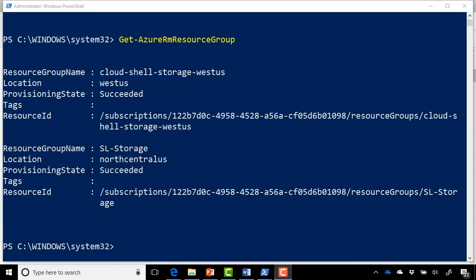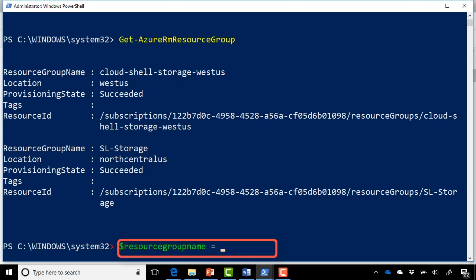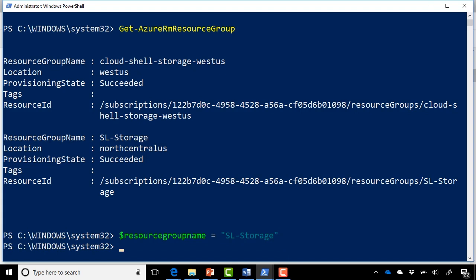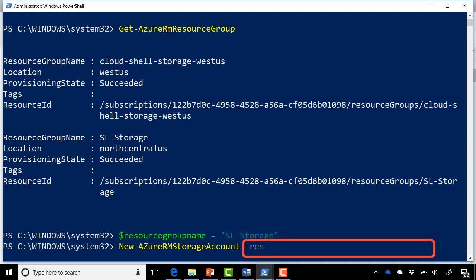So let's type $resourceGroupName equals SL-storage. Hit enter. And now it's time for us to go ahead and create our new storage account. So use the following command, New-AzureRmStorageAccount. Then hit -ResourceGroupName. You can start typing it in, it will fill it in for you. The variable for resource group name,